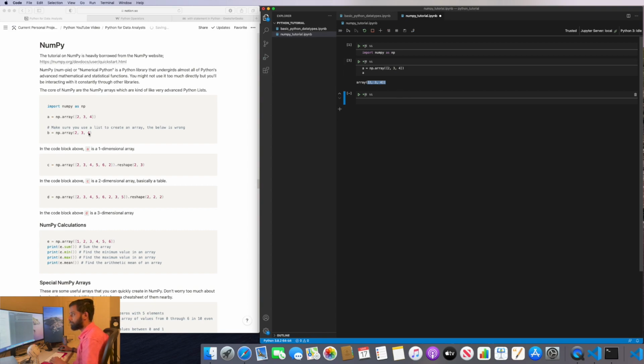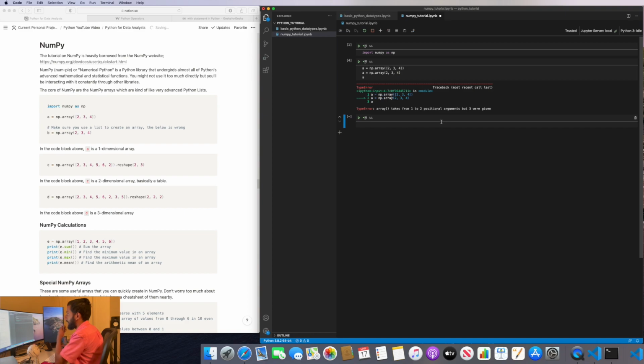Oh, and you cannot do the below. This is a good example. You need to make a list in order to create an array, or give it a list or some other iterable. If you did this, for example, that's because what's happening is that you didn't put it in a list. The list is one object. And if you remember from earlier,